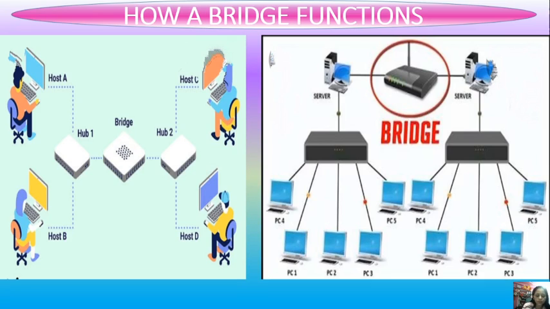A bridge allows people or vehicles to cross from one side to another. Bridges are useful for crossing rivers, valleys or roads. Just like that, here you can see bridges are used to transfer information from one land to another. So this is the function of this bridge here.